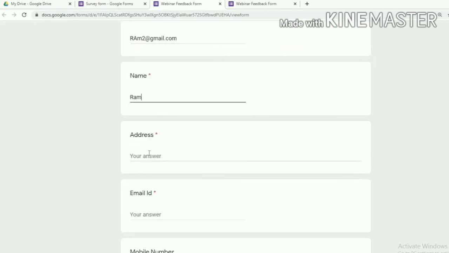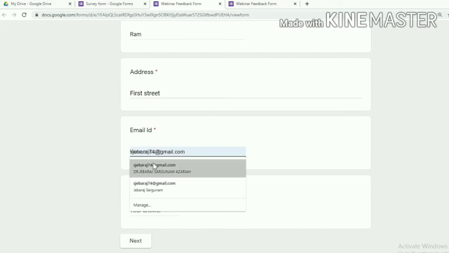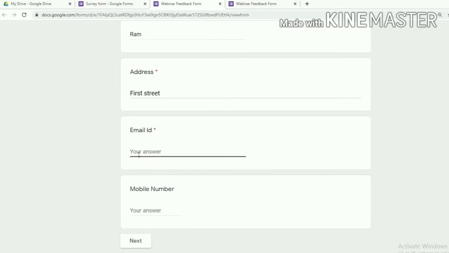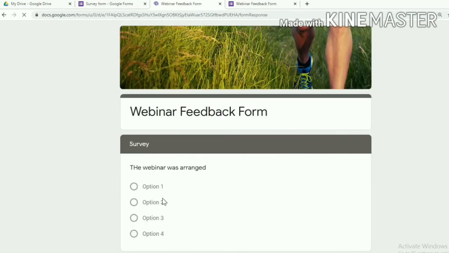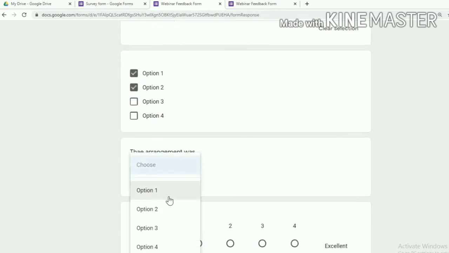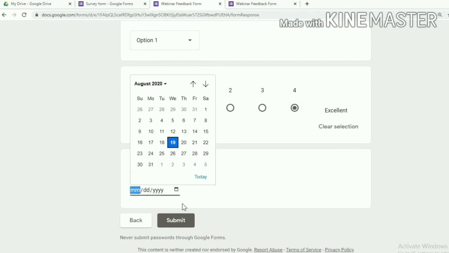Address, First Street. Email ID, Ram 2, the same email ID I gave. Mobile number, some number. Next. Option 1. These 2, and this you answer. Option 1. And excellent. Date of registration. Click submit. Now 2 people have responded to the form.